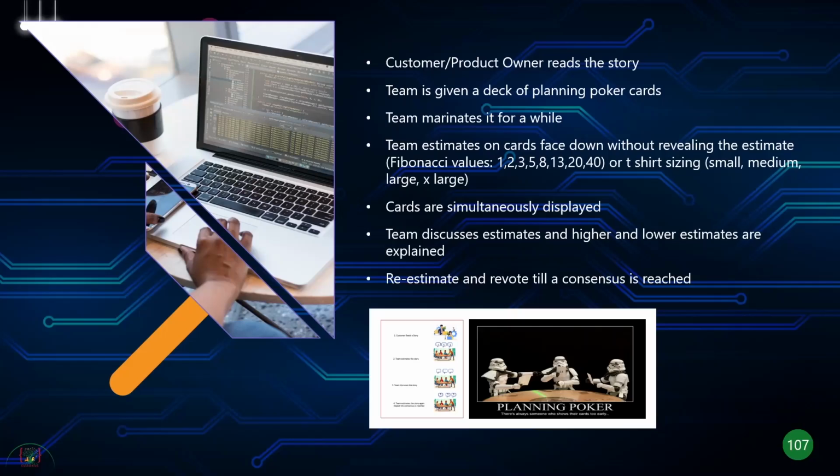Similarly, a person who's given you a very small estimate, a size 1, you ask them, why do you think it's a small story? They might say, hey, historically I did the story before, it doesn't need so much coding, it doesn't need so much testing. Or maybe I said size 1 because I don't have all the details, but now that you guys are talking about it, I think it should be a size 5. So the idea is you look at the two extremes and you keep playing the poker game again and again till you get a consensus of the right user story, right? So you re-estimate, you re-vote till a consensus is reached.